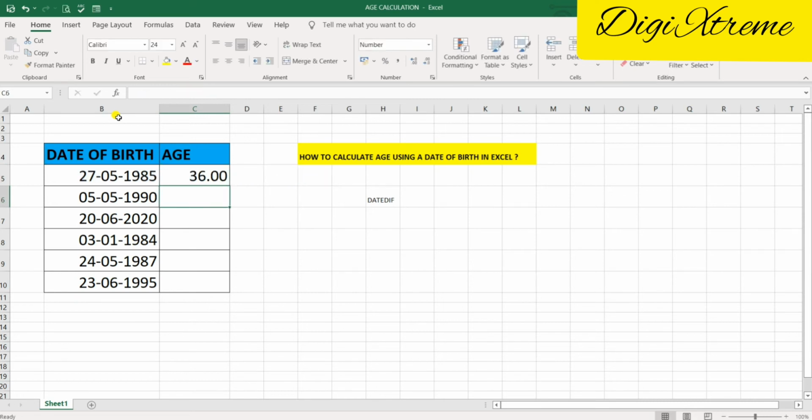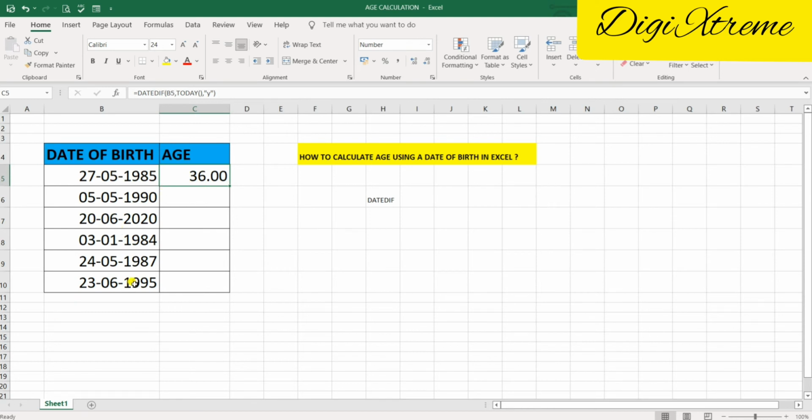So you can see I have got the result. This is 36 years. So this is the number of years if a person is born on 27/5/1985 till today. That person must be 36 years old.